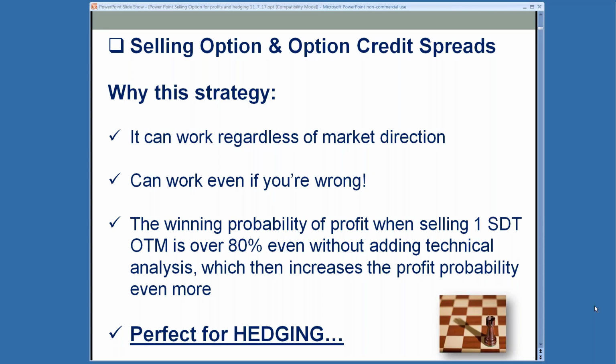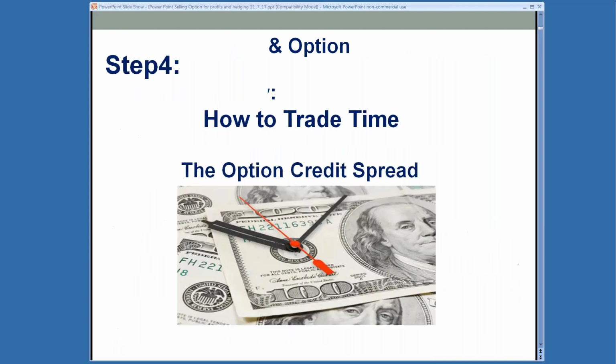Now, the winning probability of profit when you're selling an option 1 standard deviation out of the money is also, you're going to start that trade out then with an 80% probability of that being a winning trade, even without adding technical analysis. So then let's think about it. If you have a trading model or system that's more accurate than 50-50, then that just increases those odds even more. So statistically, if you start out with a trade that has an 80% chance of winning, you add a decent trading model or system to it, you can then increase your odds even greater. And the main thing too is